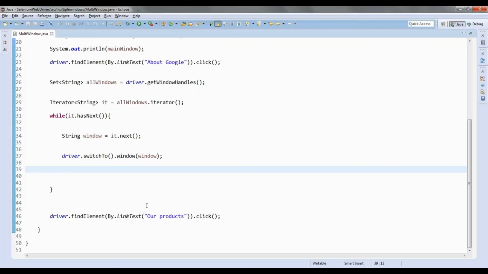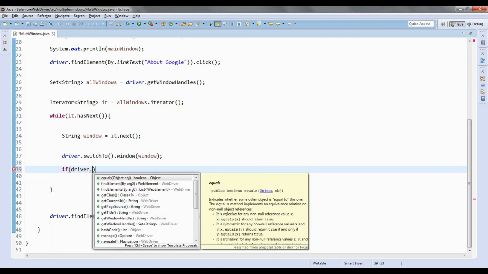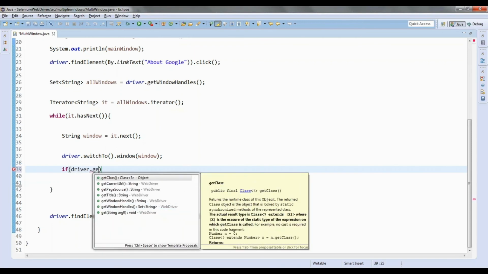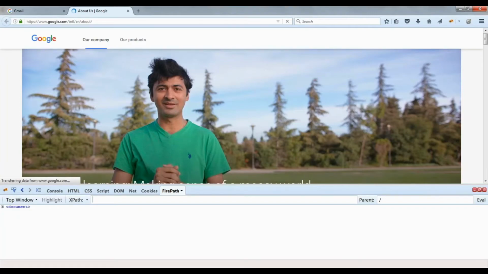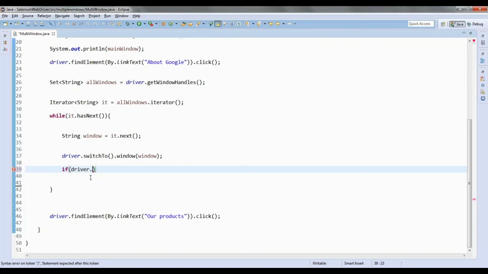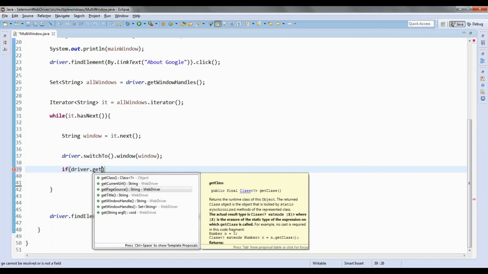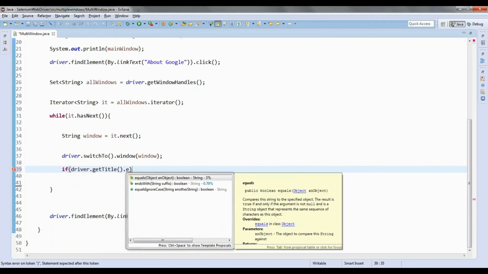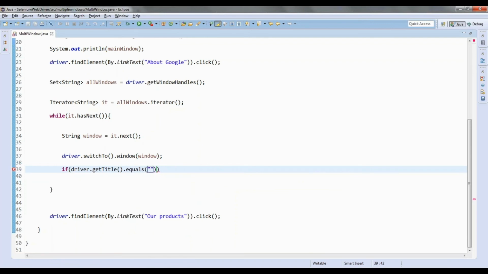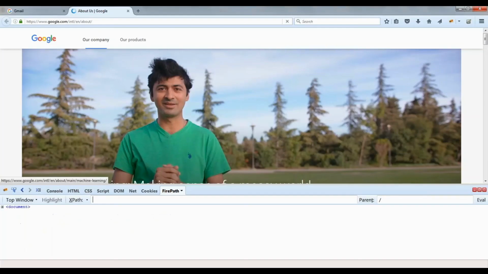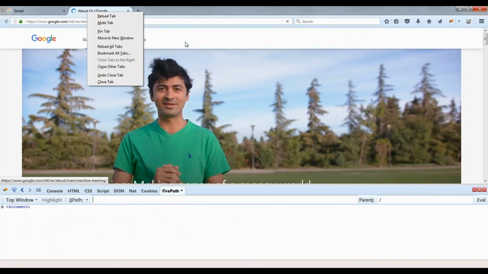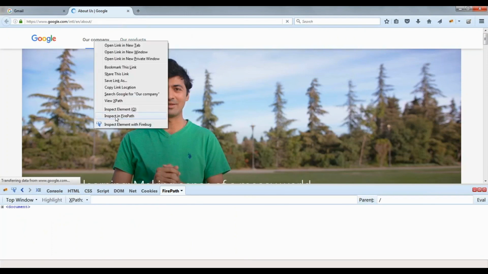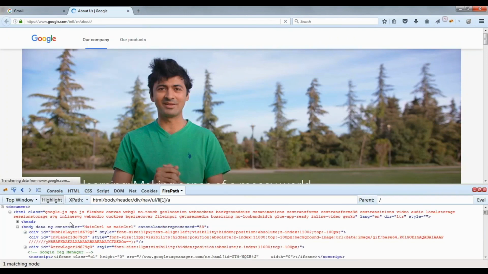Once the switching is over, you will be having the control on this particular window. So you will be writing driver dot getTitle dot equals, and this is my title. How will you get the title? Put it in an XPath.